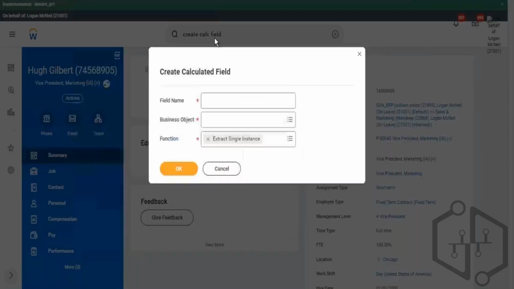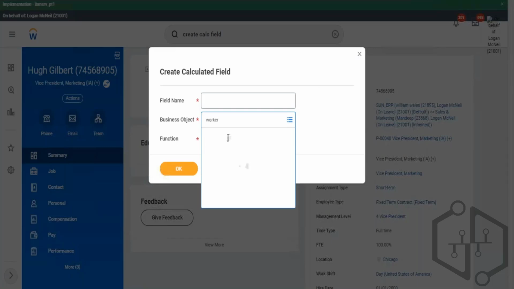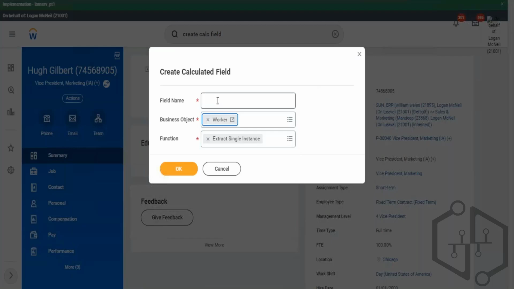So I'm creating an extract single instance calculated field on worker. CF SI worker IA position,